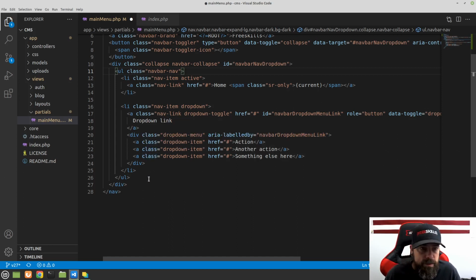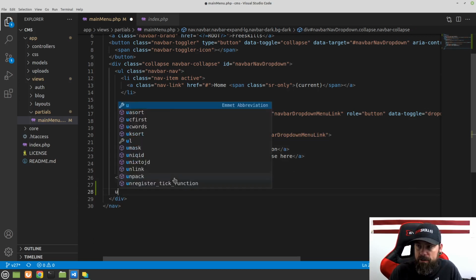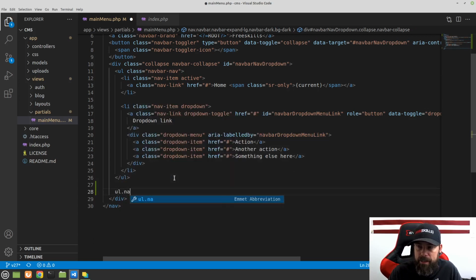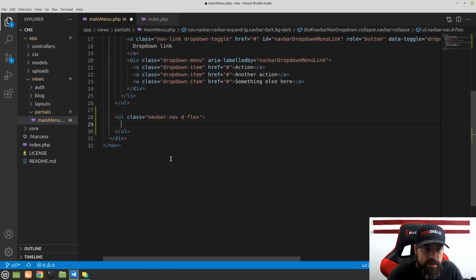Underneath that closing UL, we're going to add another UL with a class of navbar-nav, and then another class of d-flex. Once we've done that, let's add some stuff in here. The first thing we want to do is